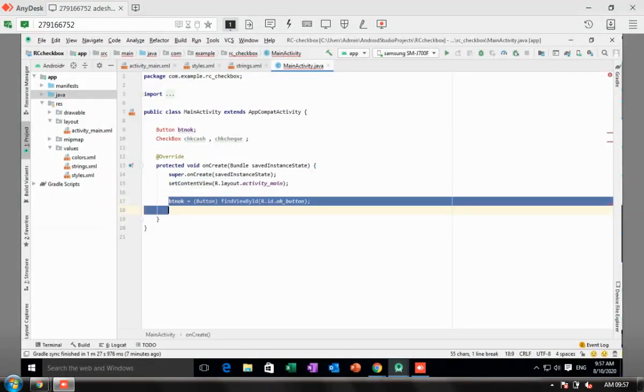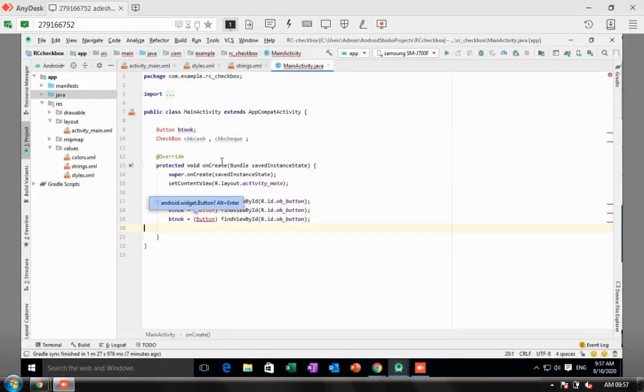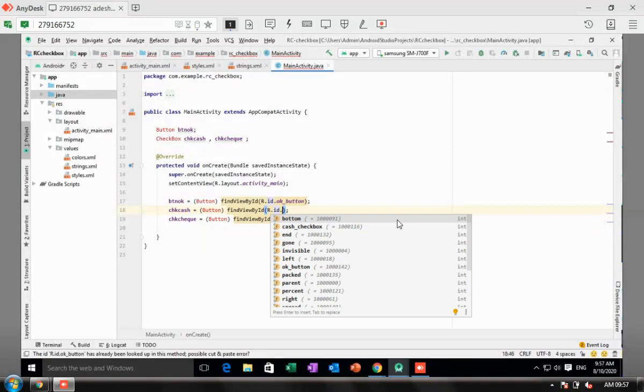I'll be choosing those two buttons also here. This is my first button, choosing this second button, choosing this for cache.